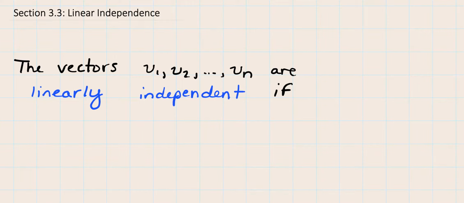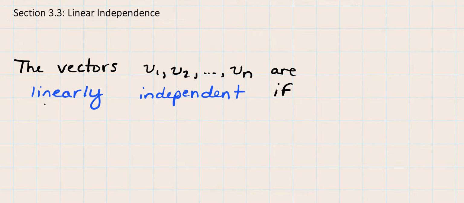We're going to start section 3.3, linear independence. Suppose we have a vector space, V, and let's have these vectors v1 through vn in our vector space. We say that these vectors v1 through vn are linearly independent if